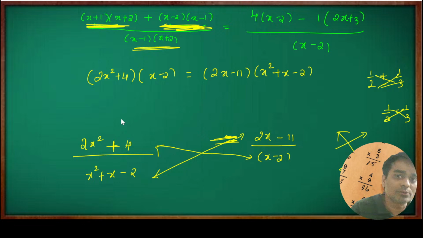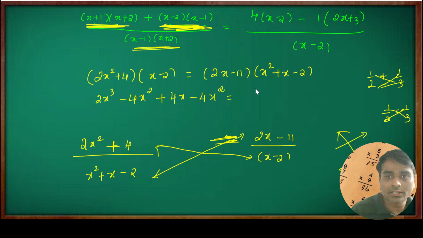Now again multiply this. You will get 2x cube minus 4x square plus 4x, then minus 4x square. Okay, here also will multiply